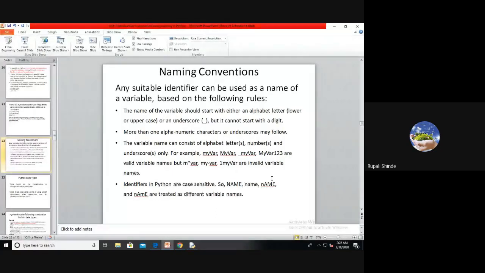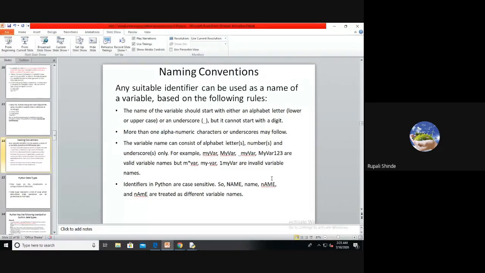Okay, after that we have naming conventions. Conventions are nothing but the rules by which we can assign a name to a variable or any identifier. As we have seen in the previous slide, by using some specific rules we can give an identifier or name to a variable, function, class, or structure. Accordingly we have to give the name to the class, variable or function. These are nothing but the naming conventions.